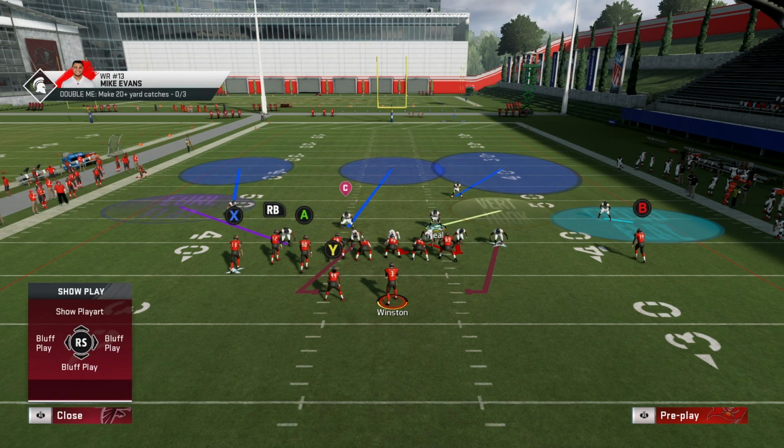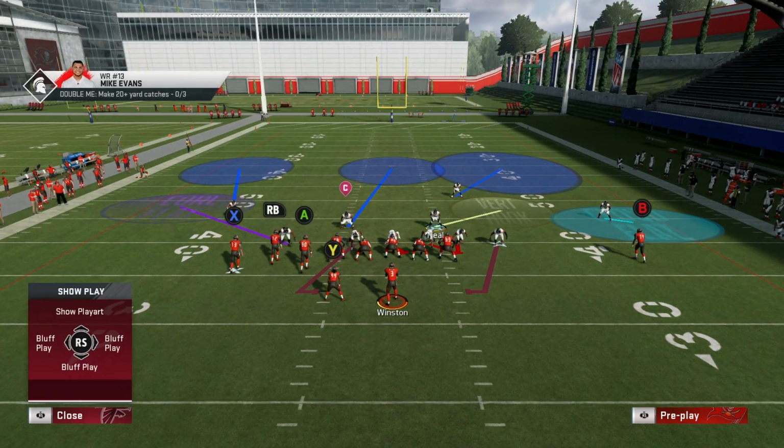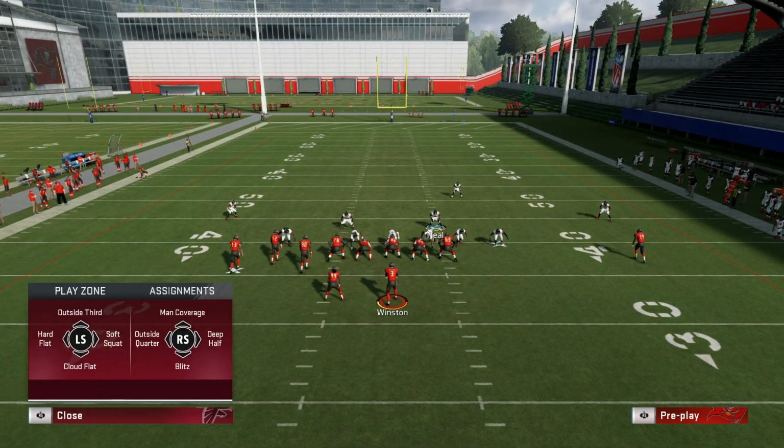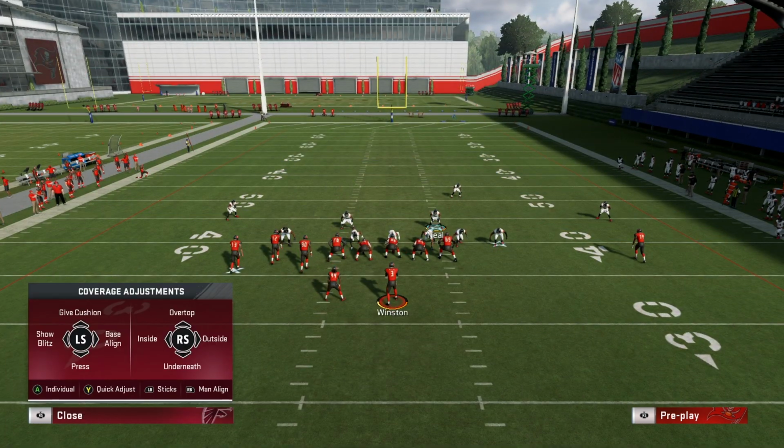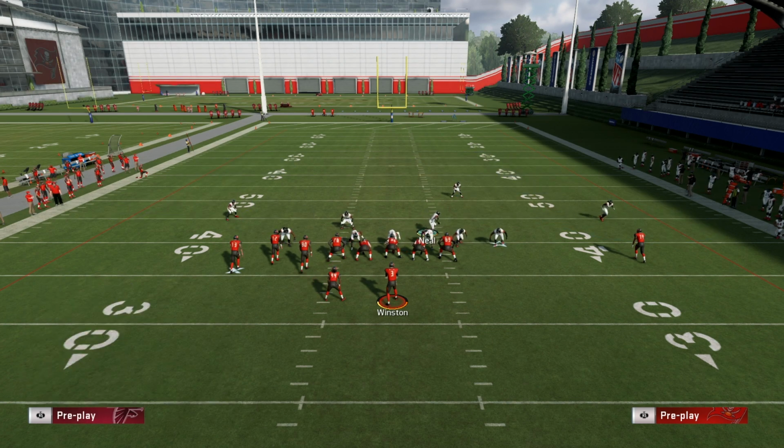You might think it just helps him so he can't really check the ball down as much on that right side, maybe with the drag route. This cloud flat's going to do a good job. You can also put him in a soft squat, something that's going to bite down on those early routes, especially if you know you're getting pressure. So just a basic setup like this, you can go ahead and press if you want,